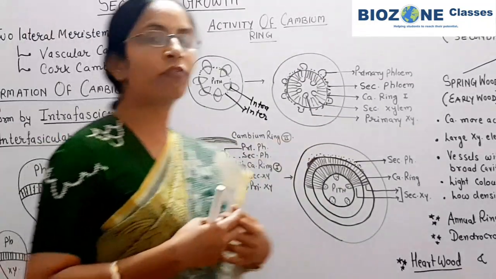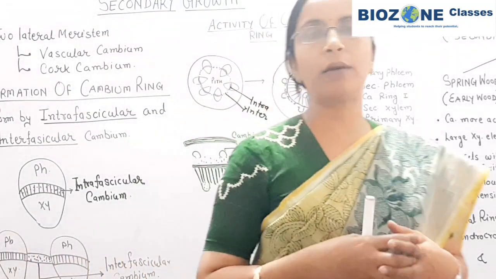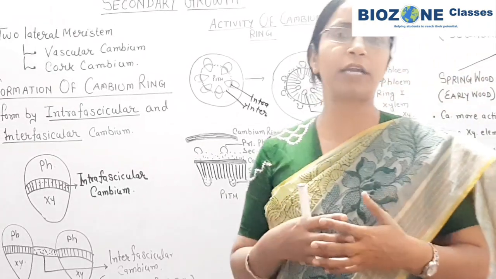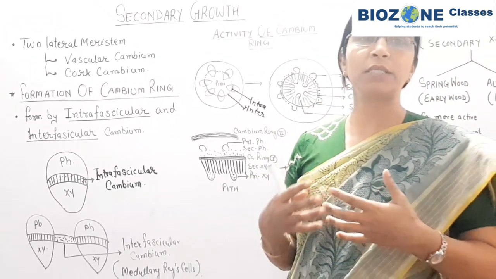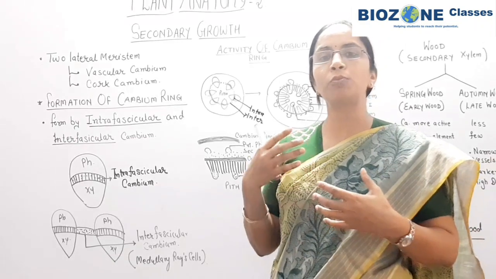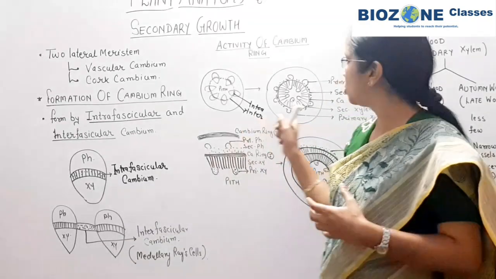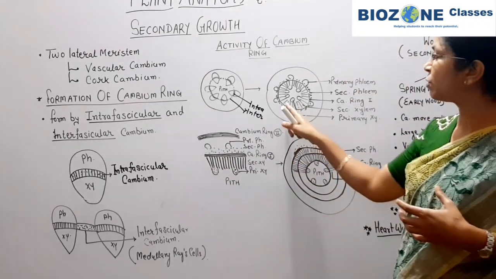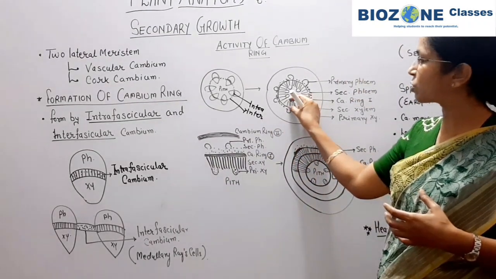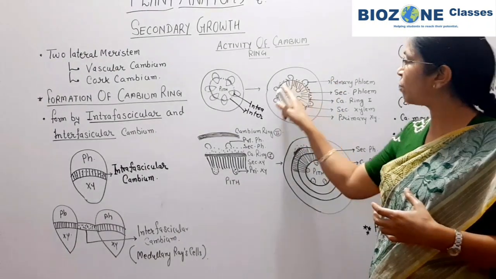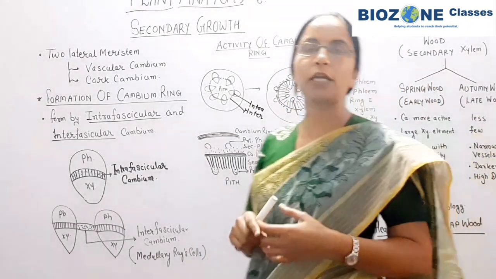Now the activity of the cambium is different for xylem and phloem. At the inner surface the cambium ring is more active, remember that. More active means it cuts or develops a much larger number of secondary xylem cells as compared to secondary phloem. So clearly you can see the thick band or lined structures represent xylem, and they are much thicker as compared to the dotted portion showing the secondary phloem.